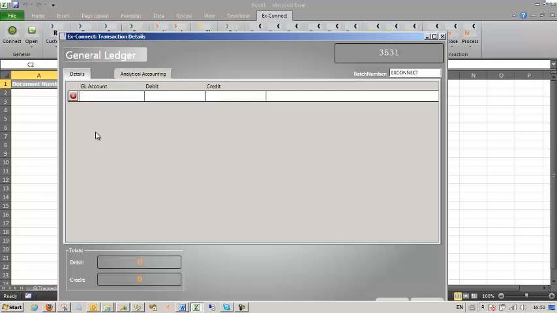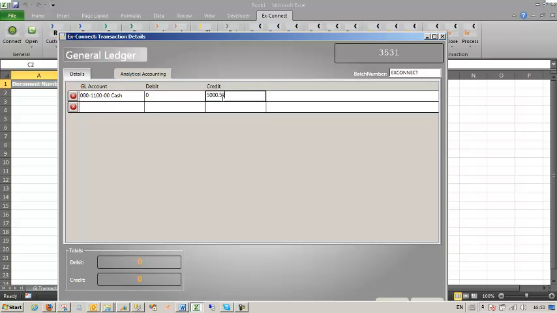Basically, there we click the details button, and that opens the general ledger detail form, where you can see the document number up at the right and the batch number below that. And here we have a bit of automated functionality that helps us populate the necessary fields for our